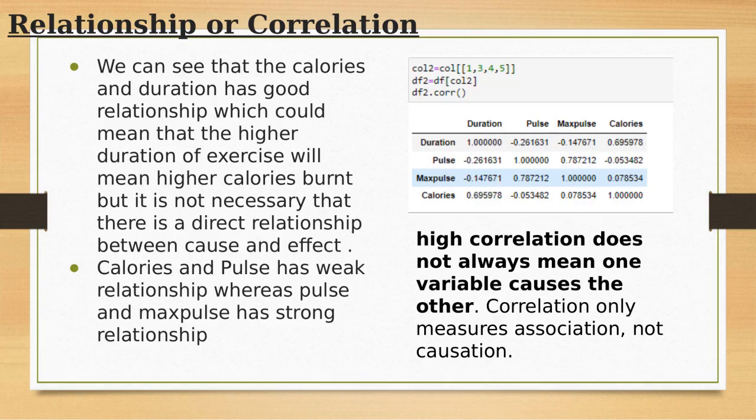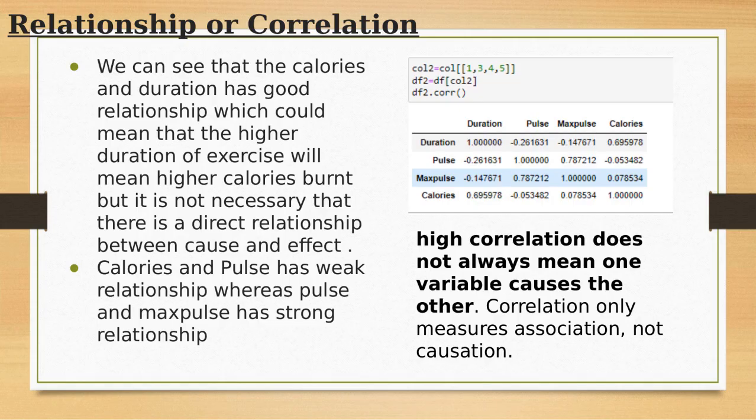We can also see that pulse and max pulse have a strong positive correlation. This makes sense because both measure heart activity during exercise. As the average pulse increases, the maximum pulse usually increases as well. Weak relationship. Some pairs of variables have weak correlations. For example, if the correlation between two variables is close to 0, knowing one variable tells us very little about